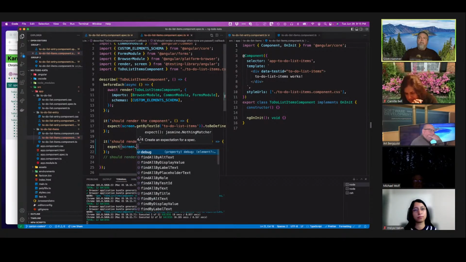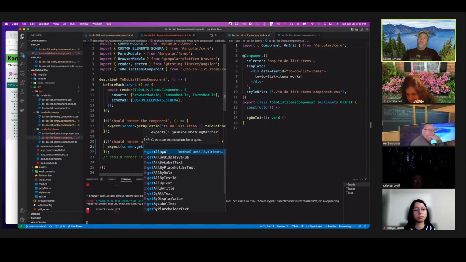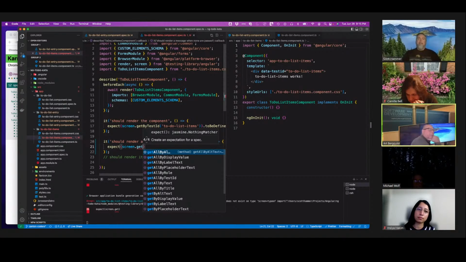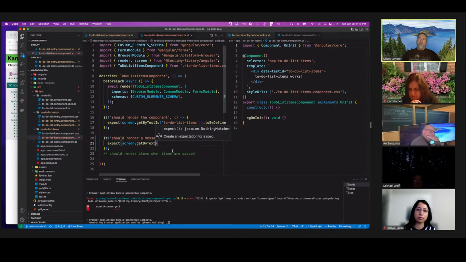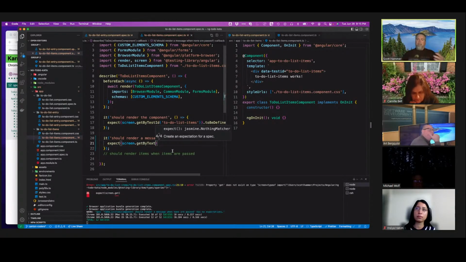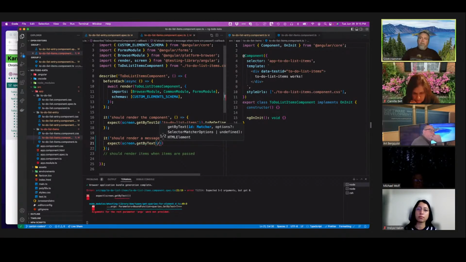Screen, get by role. Oh, wait, can I do get by role here? Scroll down past get by placeholder text. Is there get by role? I think what I need is get by text in this case. I'm just looking for a message. And from a user's perspective, they don't know what underlying element might be associated with this. So I could have anything under here. I could have a span, a div, a paragraph. So I'm going to do get by text, and I'm going to look for some sort of message that says